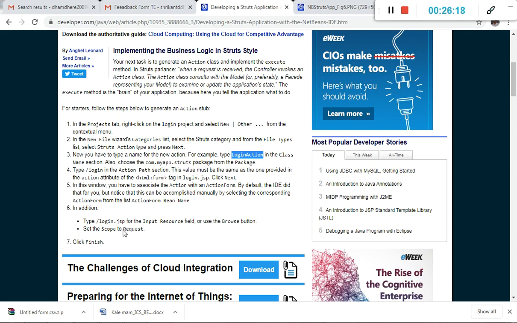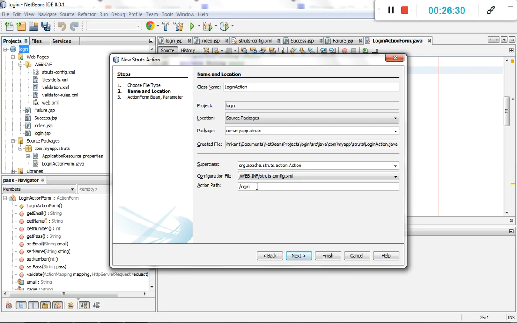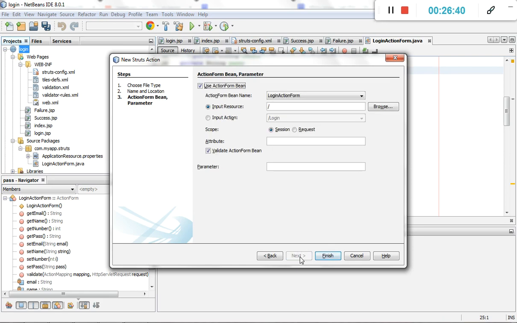Then type login.jsp for the input resource field. Use the Browse button, set the scope to request. Just change it to login. Okay, action path means simply login. Next, click on Next.